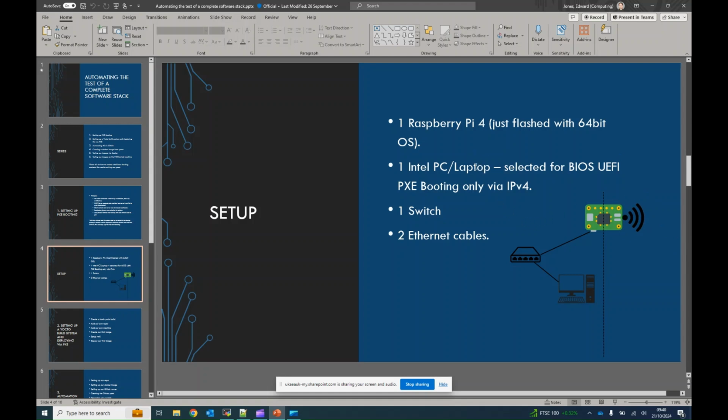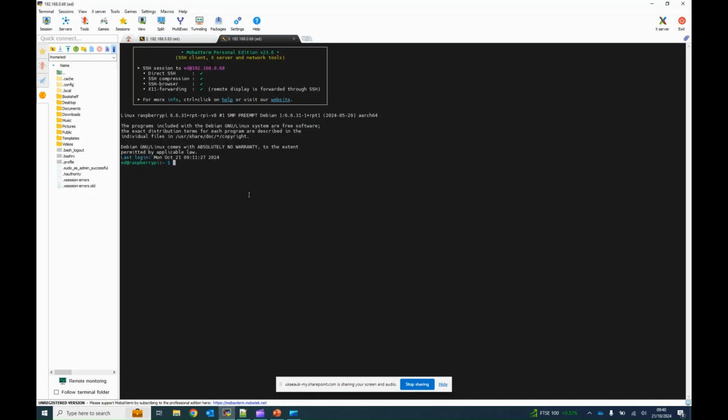So at the end of the video, when I've actually got this working, I won't really be able to show the laptop actually booting up. So you're just going to have to trust me on that. To get started, I'm starting from a blank